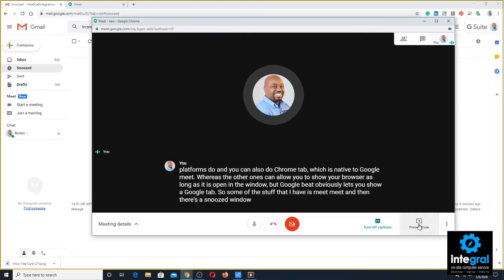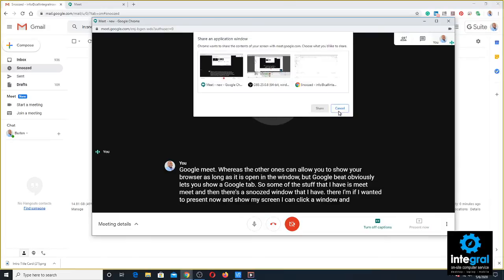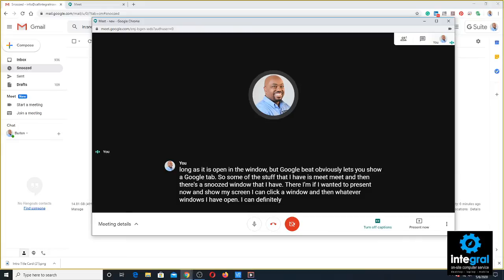If I wanted to present now and show my screen, I can click a window, and then whatever windows I have open, I can click on share, and it will actually let me share that window. I'm still getting a kick of how my face is flashing as I'm talking about Google Meet. But the good thing about Google Meet is that it integrates many of the properties that are included in some of the other video conferencing software, such as Skype and Zoom, that allow you to easily